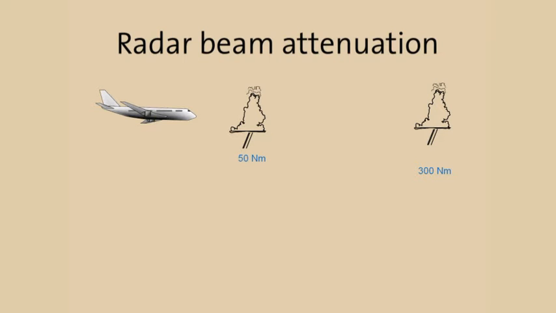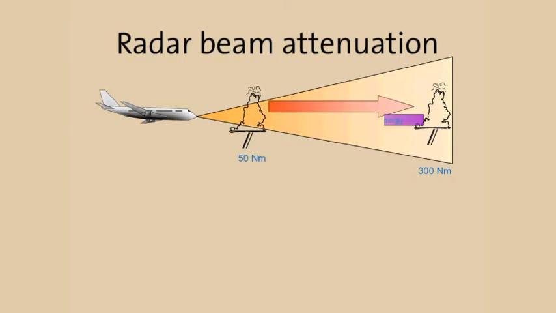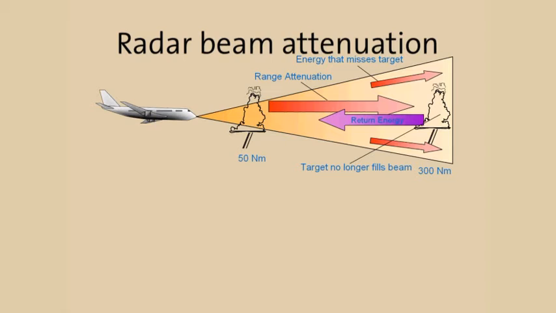By way of explanation, you need to understand radar beam attenuation. When a radar pulse leaves the aircraft, some of it is scattered and absorbed into the atmosphere. This attenuation of the pulse grows in magnitude as the distance of the pulse from the aircraft increases. In addition, beyond 80 nautical miles, thunderstorms no longer fill the beam, and further attenuation occurs because there is less